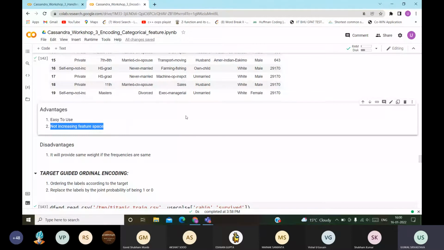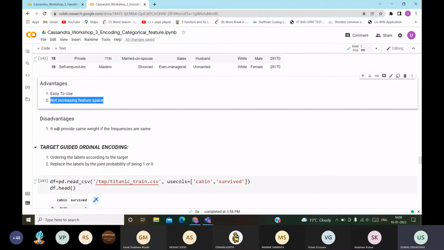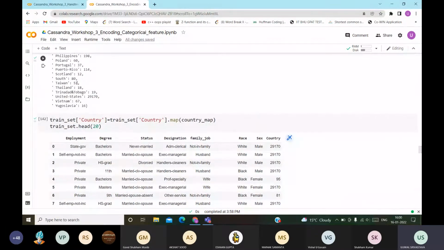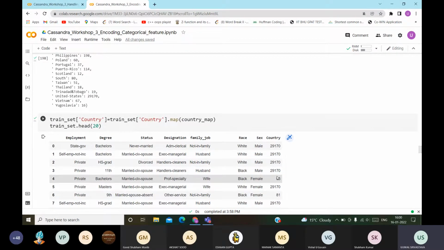Let us say for two countries, Thailand and Taiwan, if both of them occur the same number of times, then there is no difference between Taiwan and Thailand in our new data set. So we are merging some kind of data, and that is not what we want. We want the data to be unique. So this is a disadvantage.